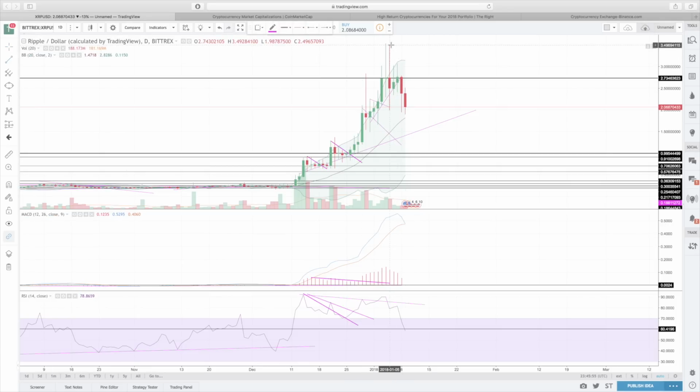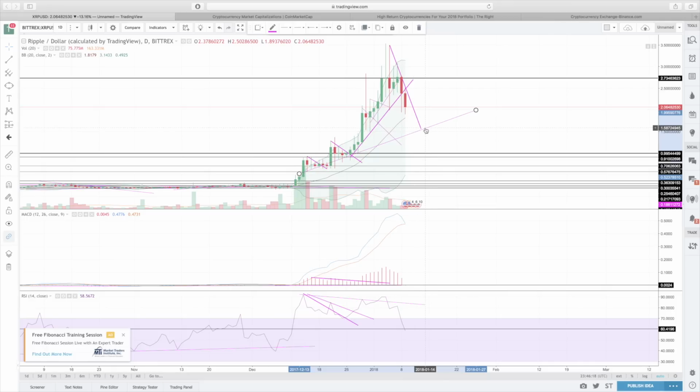And I need to go and update some trend lines here just to give you an idea of what's been happening. So, a little bit of a symmetrical triangle formation here towards the end, and we broke towards the downside of that, obviously. Our two next support levels, I would say, we have quite a bit of support at around $1.80, but it's the middle band and then our uptrend line over here, right? Those are going to be the levels that I'm going to be looking towards as we move lower here for